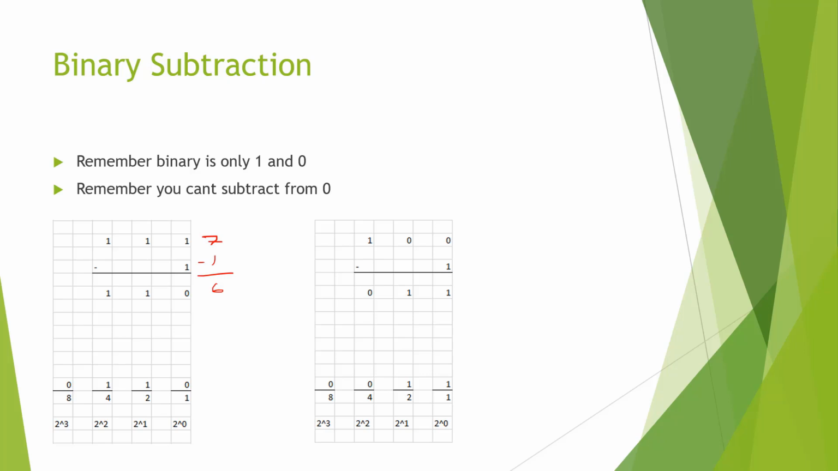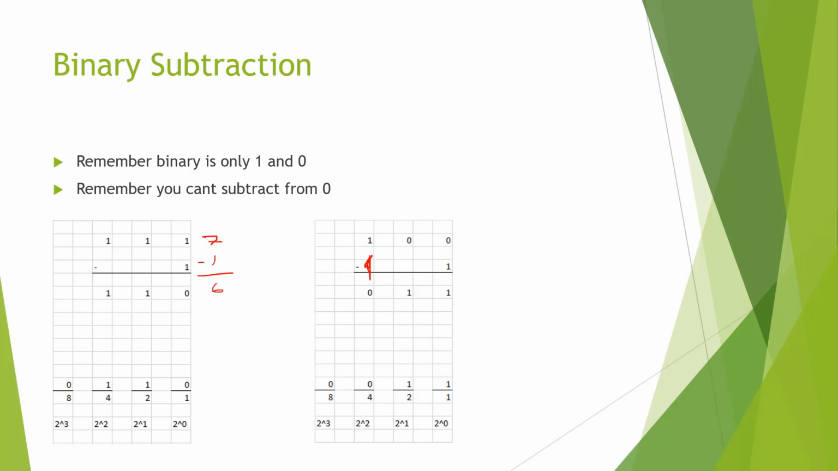So what happens if there's no 1 in the first position? What ends up happening is we can start using the borrowing method. Can we subtract 1 from 0? No. Can we subtract 1 from this 0? No. Can we subtract 1 from this one? Yes, we can. So that becomes